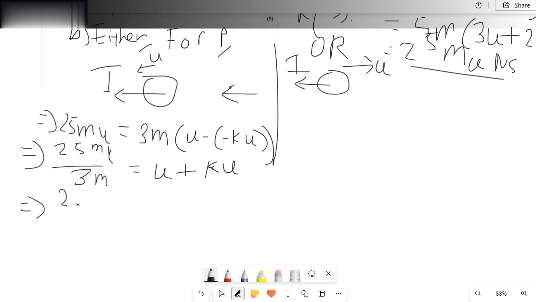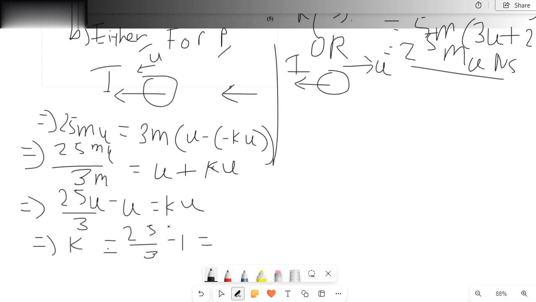Therefore 25u by 3 minus u is equal to ku, and so k is equal to 25 by 3 minus 1, dividing both sides by u. Therefore k is equal to 22 by 3. Or, using the other alternative direction, resolving to the left again,